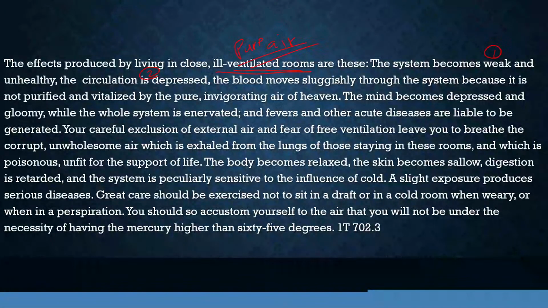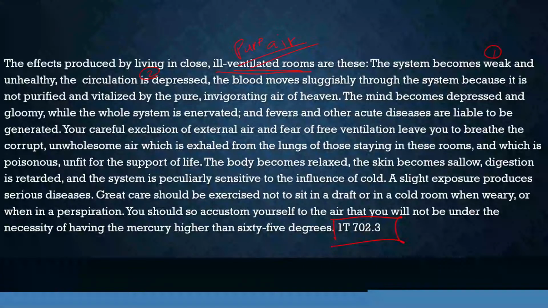Yes, thank you. So this particular quotation re-emphasizes pure air, mostly in the rooms we spend our nights in, and probably our office work. So pure air. This is Testimonies to the Church, Volume 1, page 702, paragraph 3, and I believe most of us read along. An example,